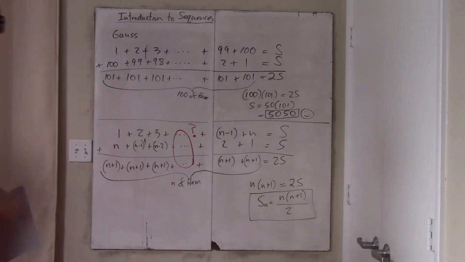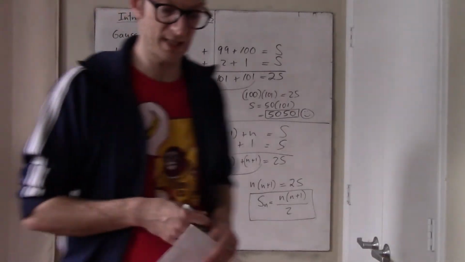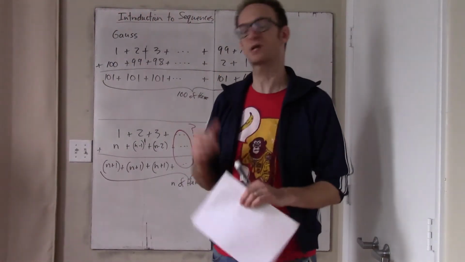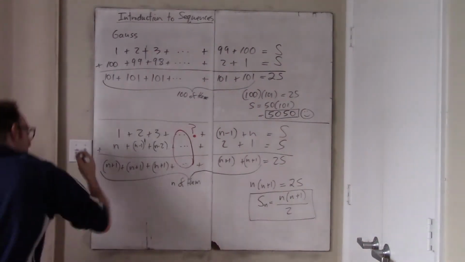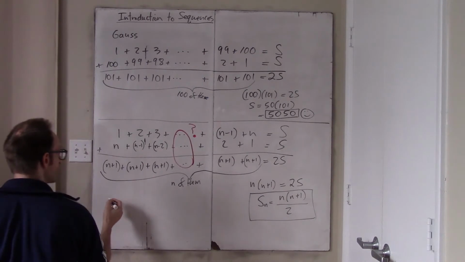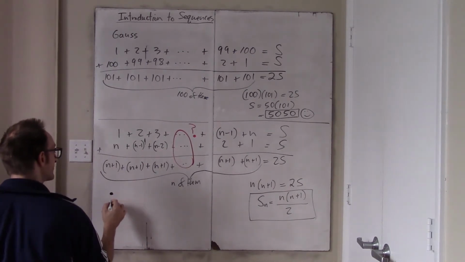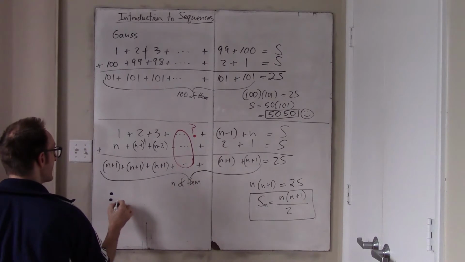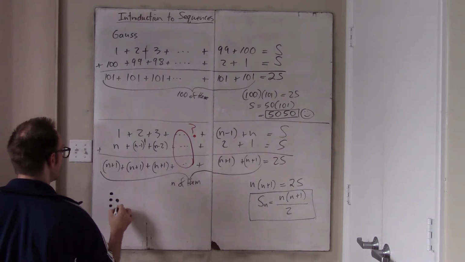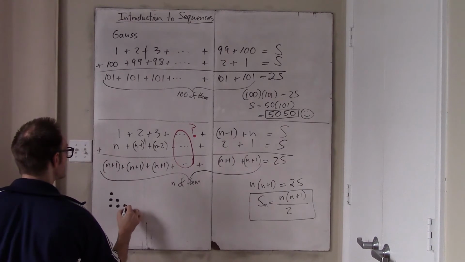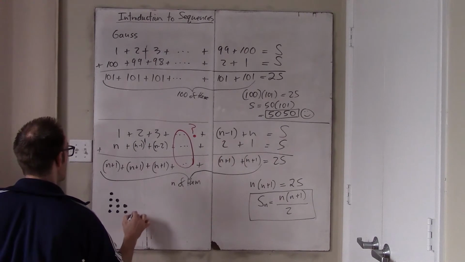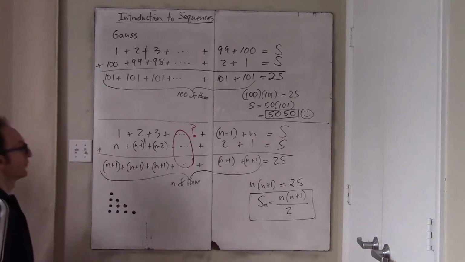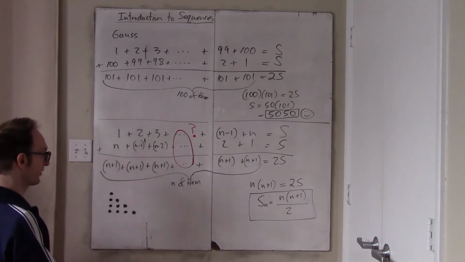Alright, the other thing I want to say is a little bit more of a positive thing: there's a proof of this that is more geometric in nature, more beautiful and intuitive. Suppose I want to add the numbers 1 to 4. I'll write these numbers in this beautiful little triangular formation, and that triangle represents the sum of the numbers from 1 to 4.